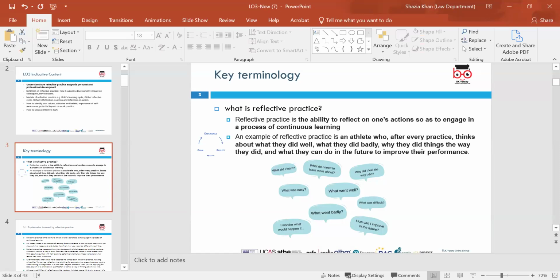Does it make you better to reflect on it? Why do you think reflecting on something makes you improve? Anyone? Deborah? Why do you think reflecting on something makes you improve?